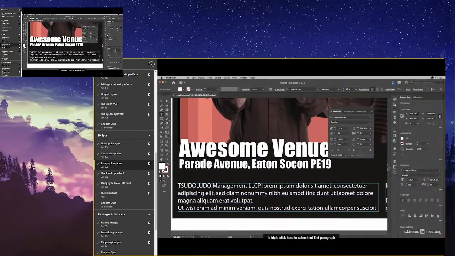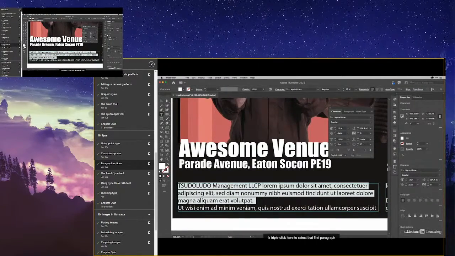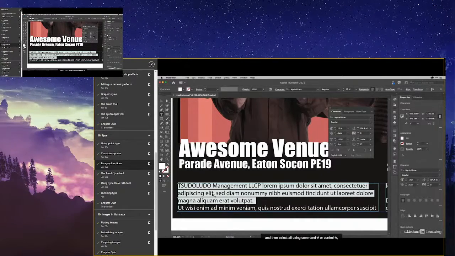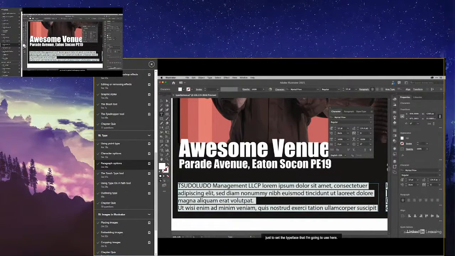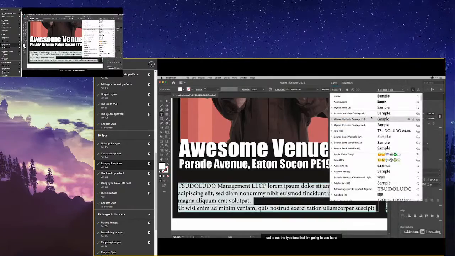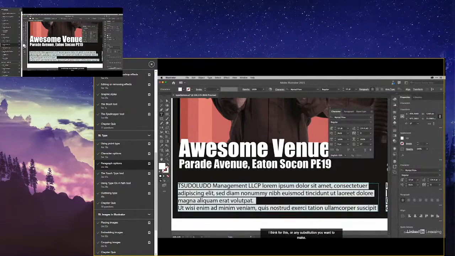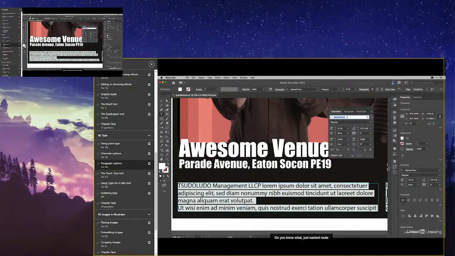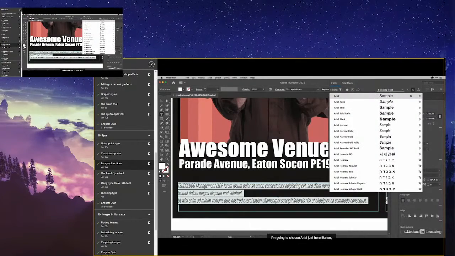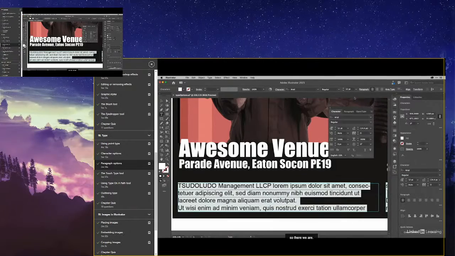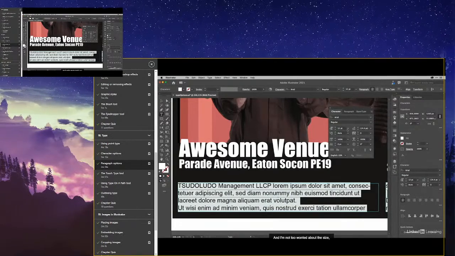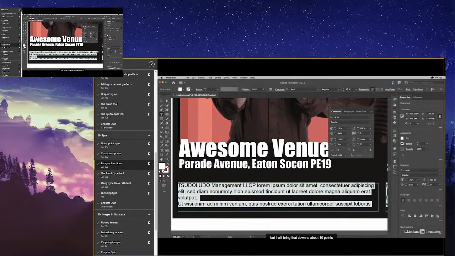and what I'm going to do then is triple click here to select that first paragraph, and then select all using Command A or Control A just to set the typeface that I'm going to use here. So I think I'll stick to something simple like Helvetica, or any substitution you want to make. Do you know what? Just easiest route, I'm going to choose Arial just here like so. So there we are. That will be perfect. And I'm not too worried about the size, but I will bring that down to about 10 points